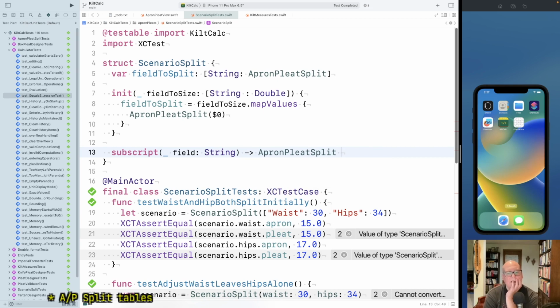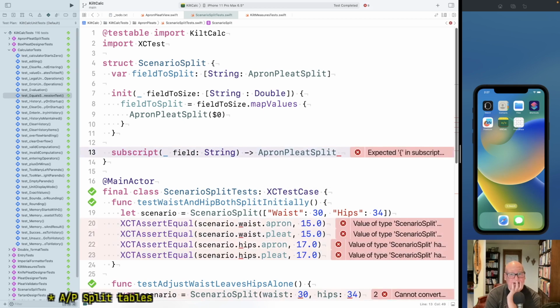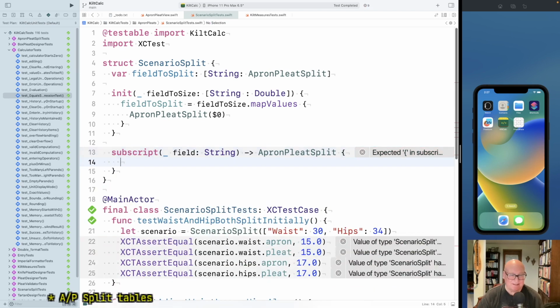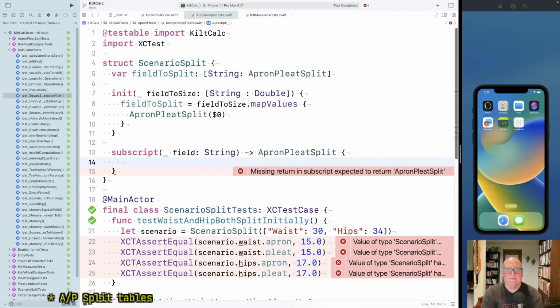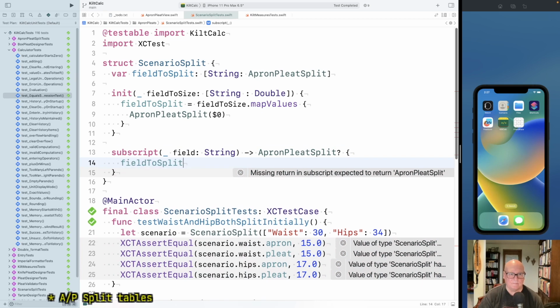Is that what I want to get back? I think so. Can I make it optional and let the caller worry about it? Okay, so now I can say